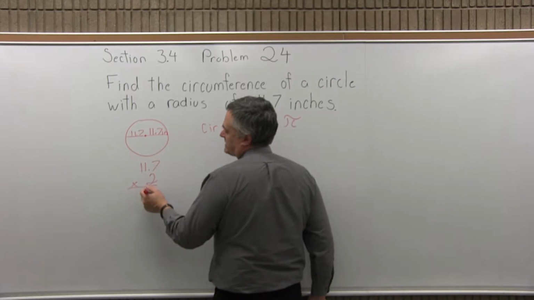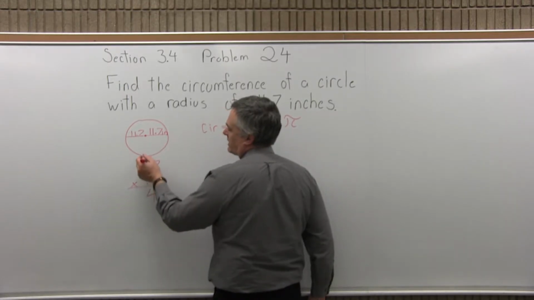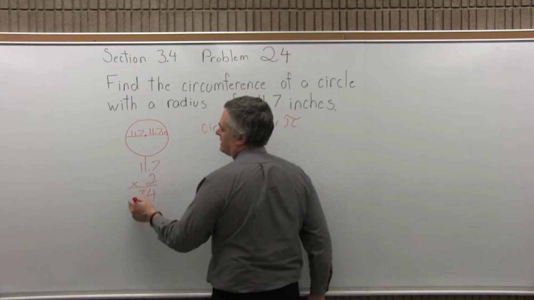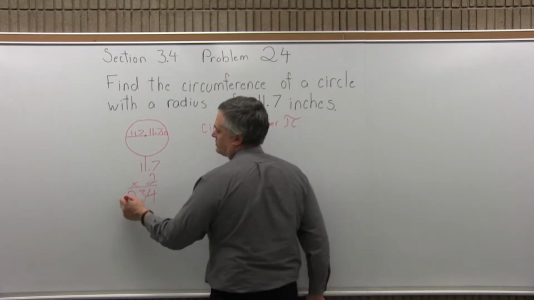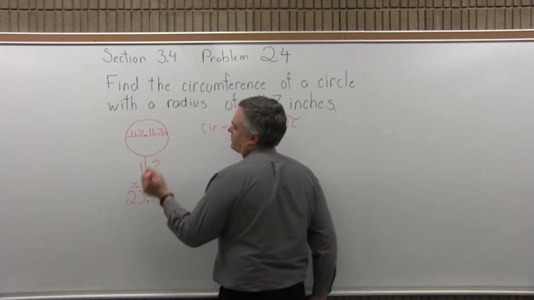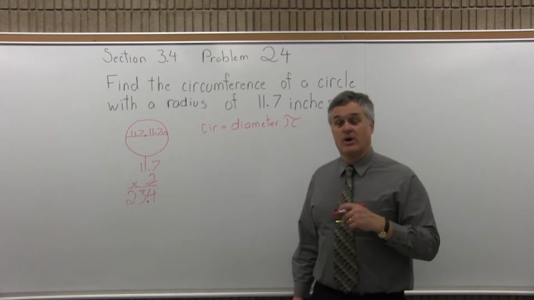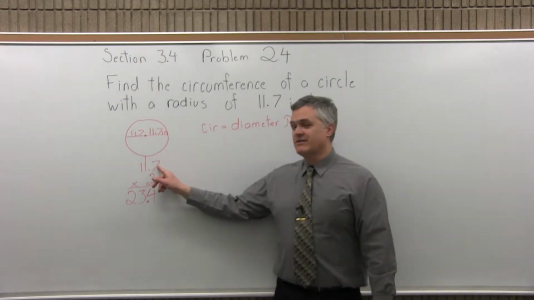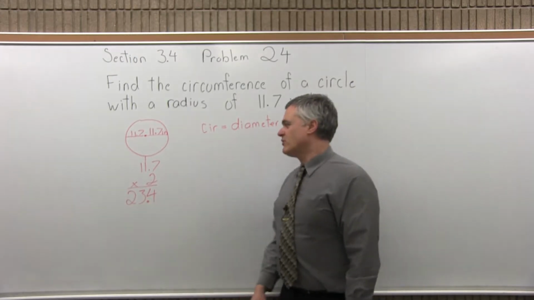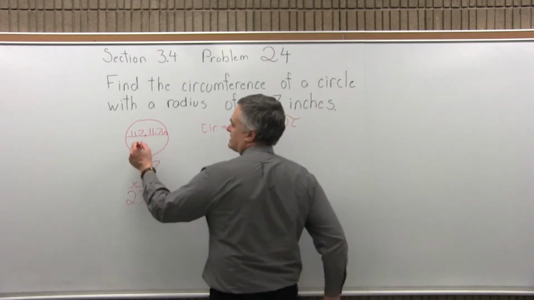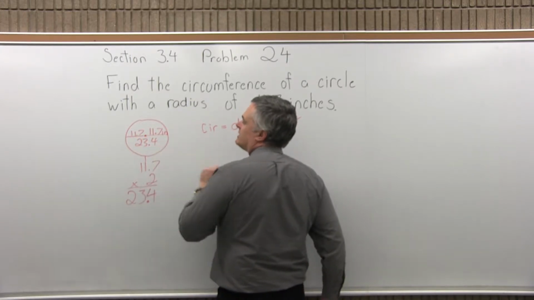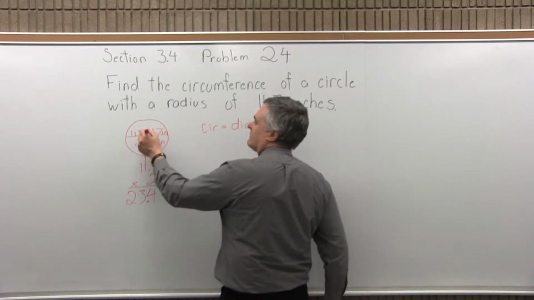It would give me the same answer. So 2 times 7 is 14. Write the 4, carry the 1. 2 times 1 is 2. 2 plus 1 more is 3. And then 2 times 1 is 2. So I have 234. But because of the decimal, it's not really 234. It's 23.4, right? Because I have one place after the decimal in my question, I have one place after the decimal in my answer, 23.4. So the diameter, or distance all the way across the circle through the center, is 23.4 inches, if the distance